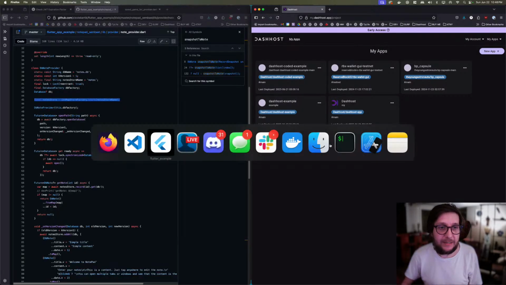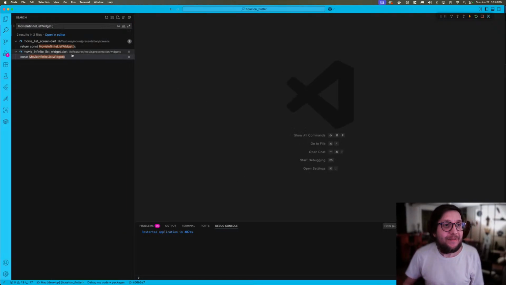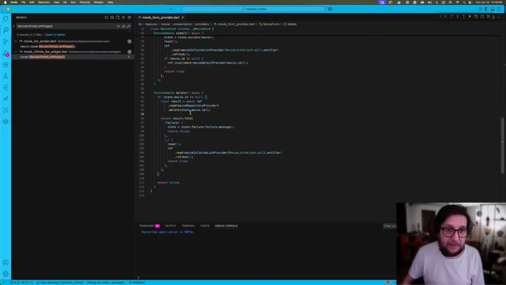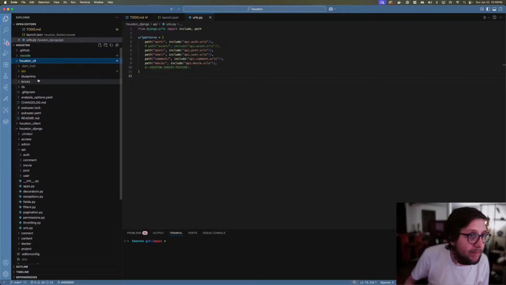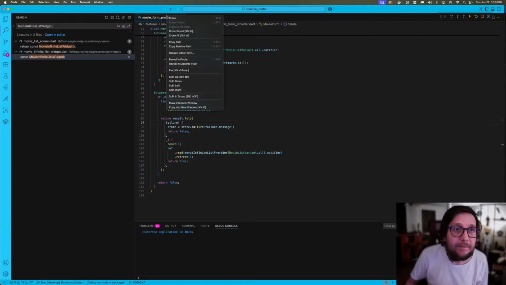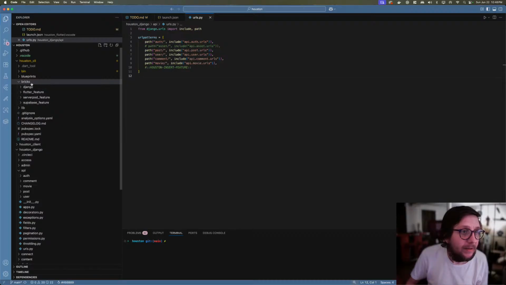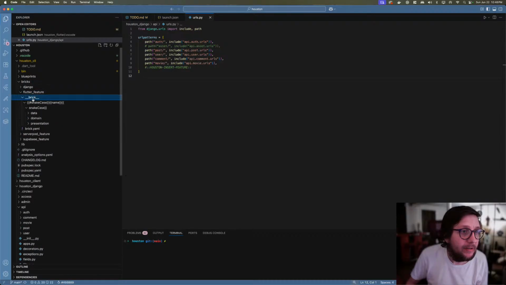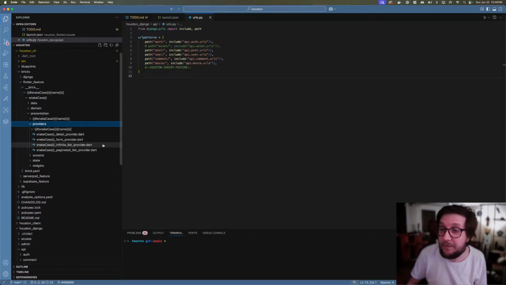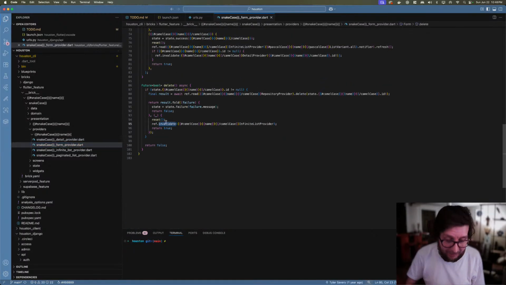And yeah, okay. So let's see what else we can do here. Oh yes, so I need to fix something then. Movie form provider. So here we have the delete. I need to open up Houston CLI bricks. I need to figure out where this is actually located. Reveal in Explorer view. So this is in presentation providers. Bricks, Flutter feature, presentation providers. This will probably be really confusing to anyone who doesn't know the context of what I'm doing right now, but it's very important. So this needs to be ref.read